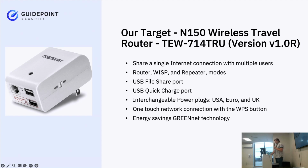TEW714TRU. It's made by Trendnet. These are directly pulled from their site to explain kind of the device itself. So share a single internet connection with multiple users. It's great if you are in somewhere that say just has a single Ethernet port. You can plug this in and it operates as a small temporary router, number of different components, also the WISP